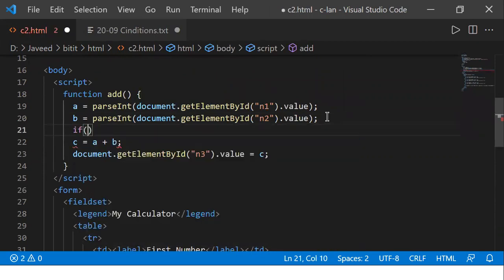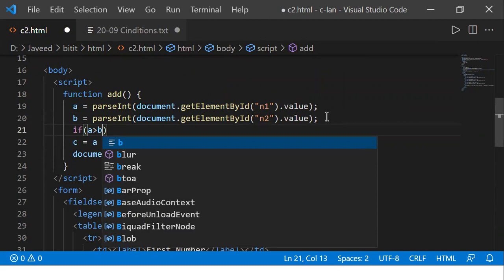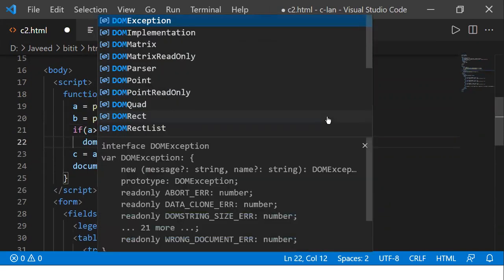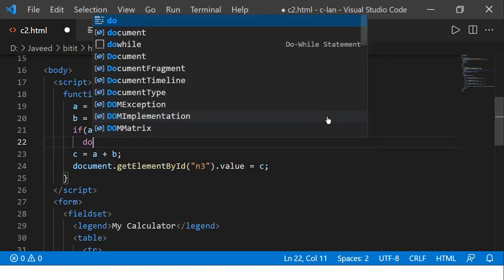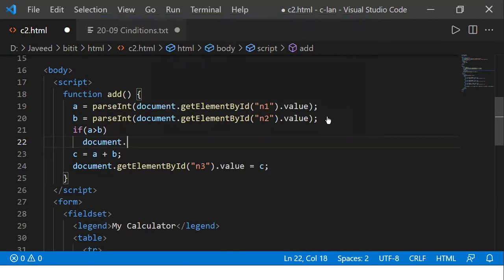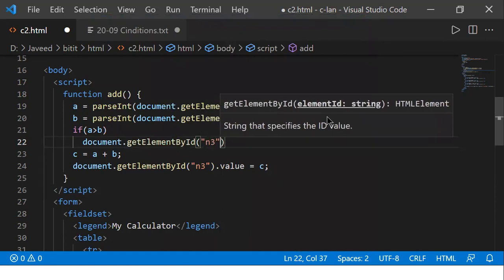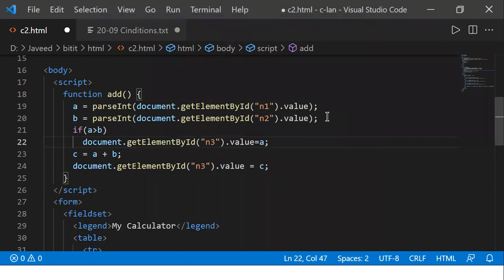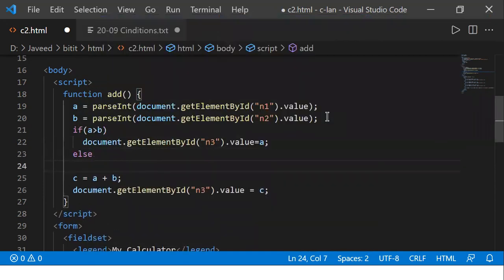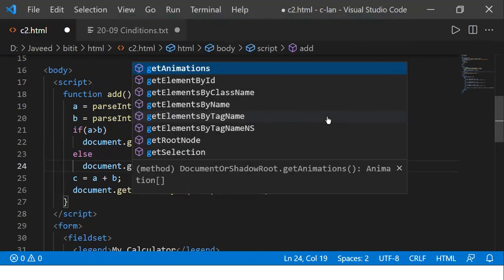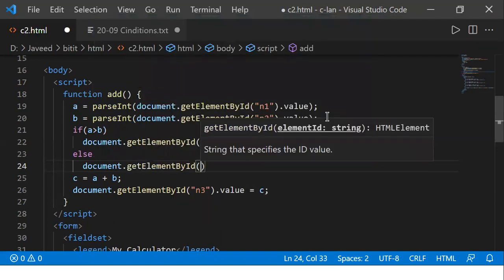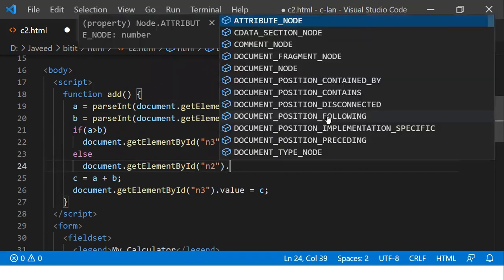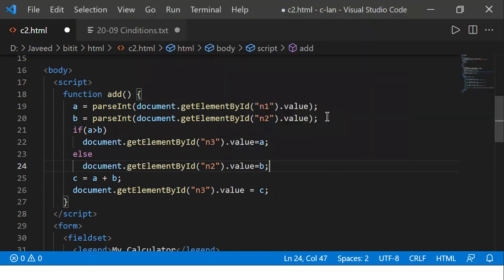We said that in JavaScript you use a condition like this: if A is greater than B. So I want to print the document object dot getElementById of N3 dot value is equal to A. Else, the document object dot getElementById of N2 dot value is equal to B. I'm writing.